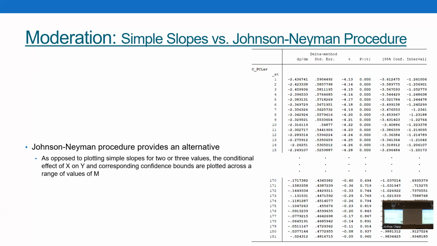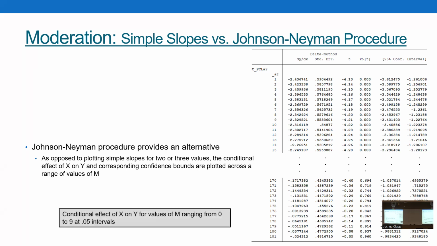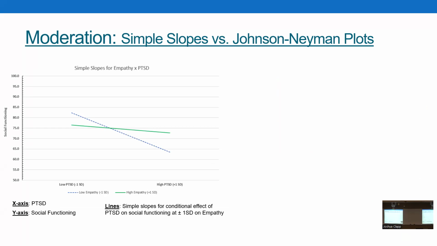And so what I'm getting is a simple slope here, and as my moderator increases by 1/100ths of a point, it's giving me a new simple slope for all of these. So here I've got the conditional effect of x on y for all values of my moderator ranging from 0 to 9 at 0.05 unit intervals. This is based on a former student's thesis. What Layla was interested in is the effect of PTSD on interpersonal functioning at high and low levels of empathy. So someone tell me,